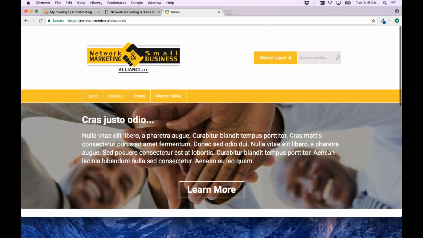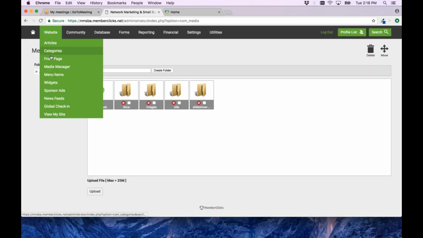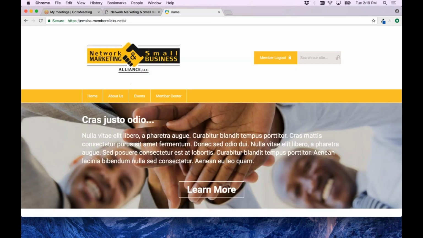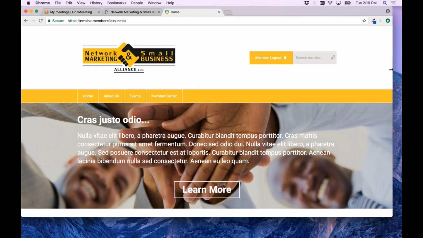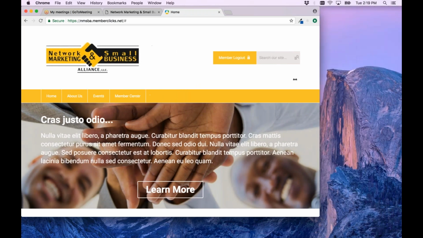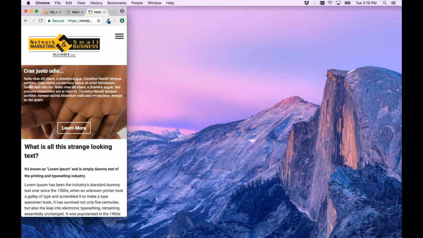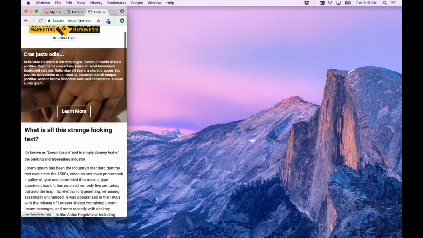Sounds great. Okay, awesome. All right, so now that we've covered our media manager, the next thing that I want to talk to you about are widgets. Ronnie, I just mentioned a moment ago, widgets are what allow your website to be responsive. If you have a member that's looking at this portion of your website on a cell phone,